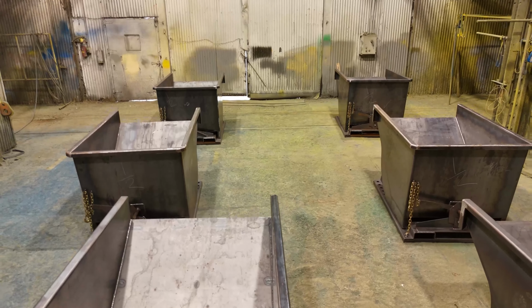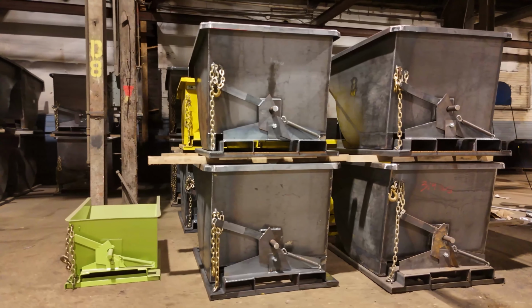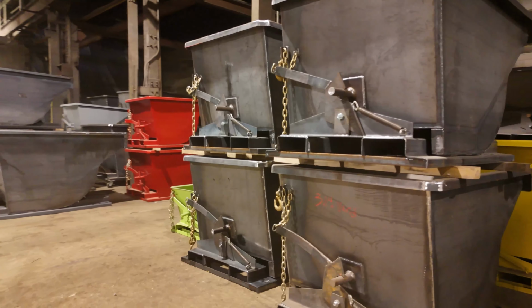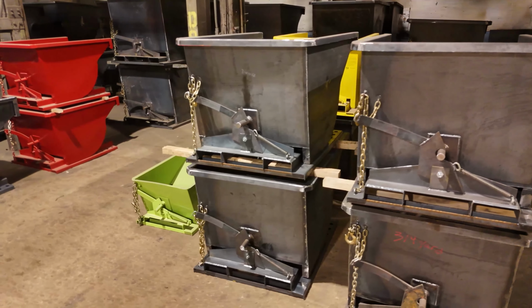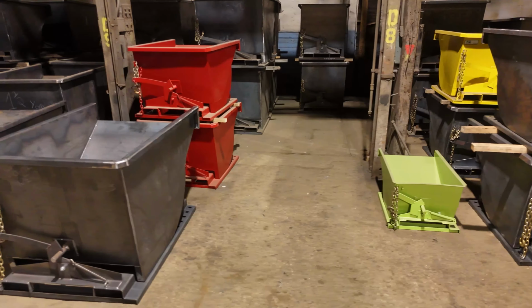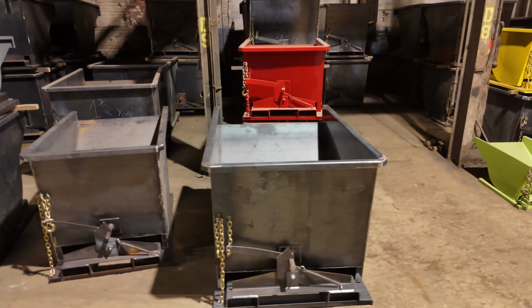We do all kinds of custom sizes and are always being asked to, as well as certified bins that are stamped with lifting lugs for use with overhead cranes, etc. But we also try to keep a large quantity of standard sizes in stock, so if you need some, we can give a very quick